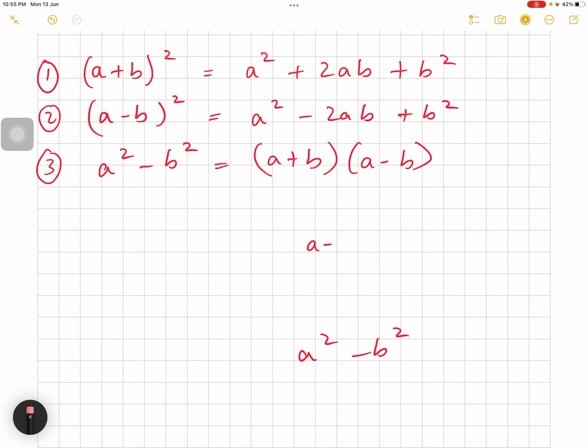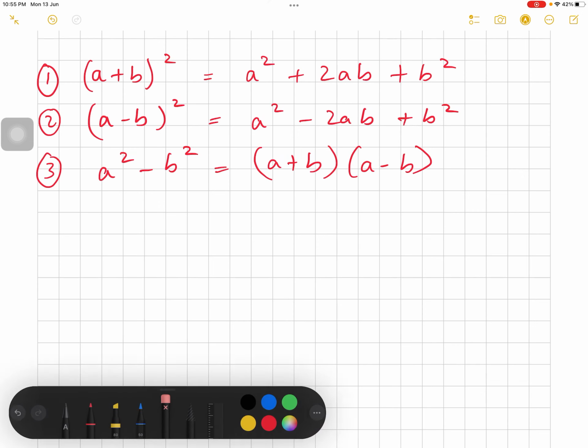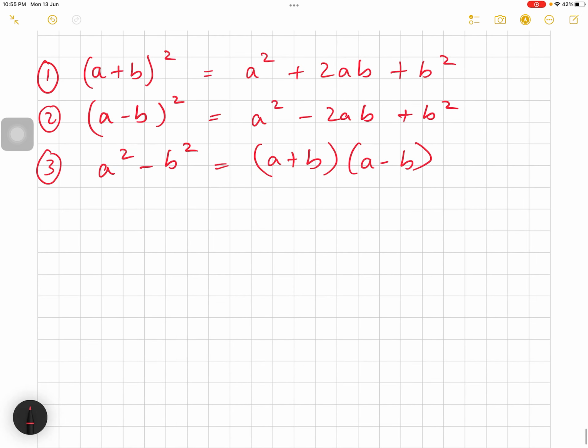So this is how the formula is derived. You don't need to know how the formula is derived. And it's very simple. Actually, you must know how the formula is being derived. Anyway. Okay. So these are the three formulas. The other formulas are